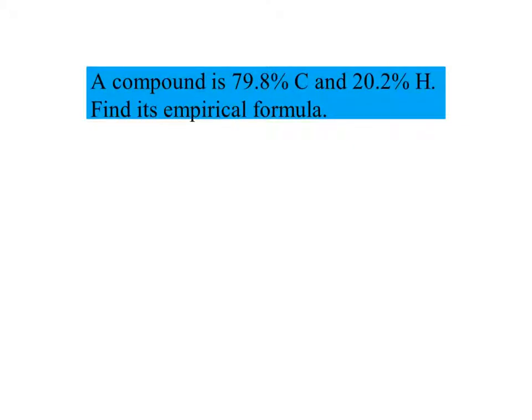So here is our first example for calculating empirical formulas. It says a compound is 79.8% carbon and 20.2% hydrogen. So I'm not given grams, I'm not given liters, I'm not given anything else. I'm given a percentage. And in a couple slides previous, it said that if I'm given the percent composition for these elements, which I am, I'm going to set a basis as 100 grams. So I'm going to say that my total mass is 100 grams, which means that these percentages here I'm going to be able to use